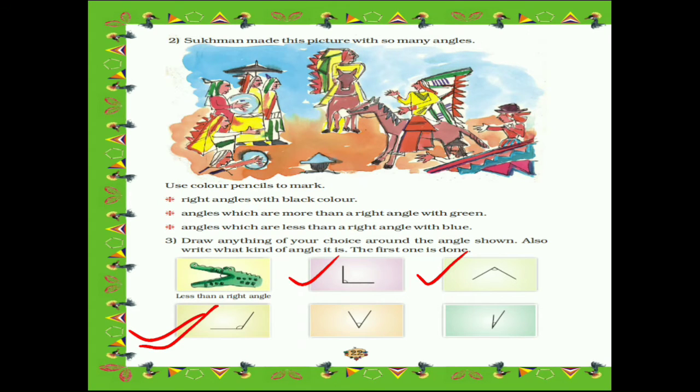Now carefully observe this. Which angle is this? You can see that it is not an exact L, it is less than L, right? It is something less than L this way. If you see it in this way, it is less than L or less than a right angle. So which angle is this? This is an acute angle. Similarly, this one is again less than a right angle. So this is again an acute angle. So I hope these things are clear to you all. Now let's see what is given on the next page.